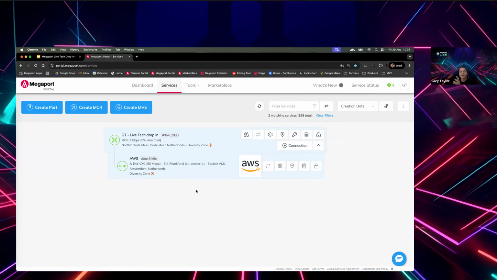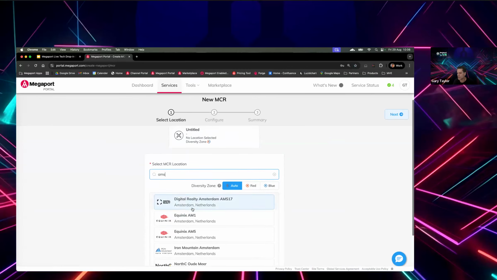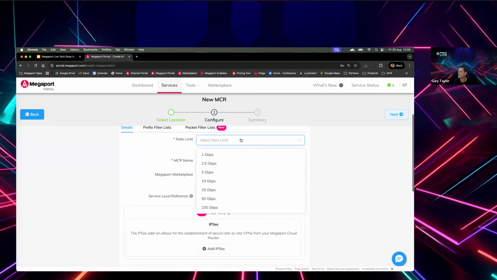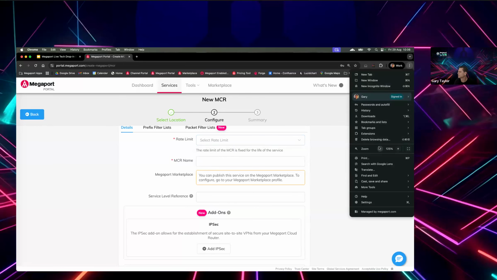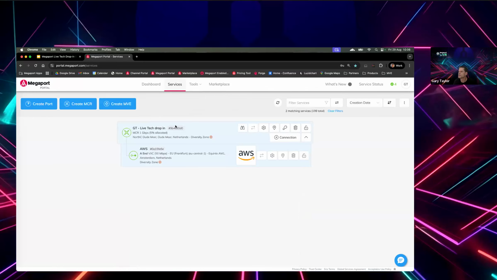One of the key features that we've added is the ability to scale up beyond 10 gig, which is a standard deployment. We are slowly rolling out the hardware, and I know in Amsterdam we can do that in AM1 and AMS5. These are our core locations, and as you can see here, out of AM1 we can offer from 1 gig up to 100 as well. I'm just going to drop down a bit too much. So then jumping back into the